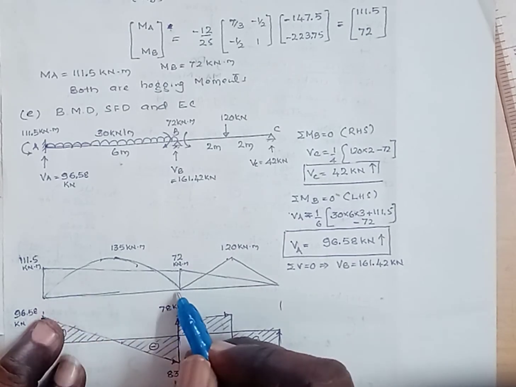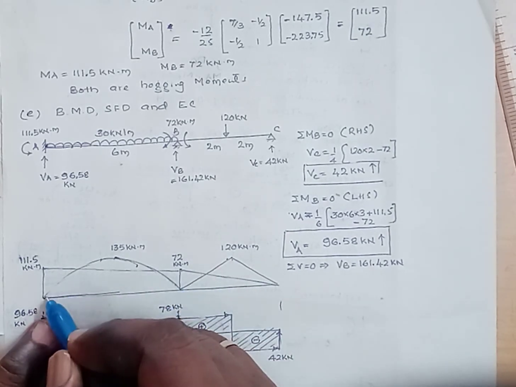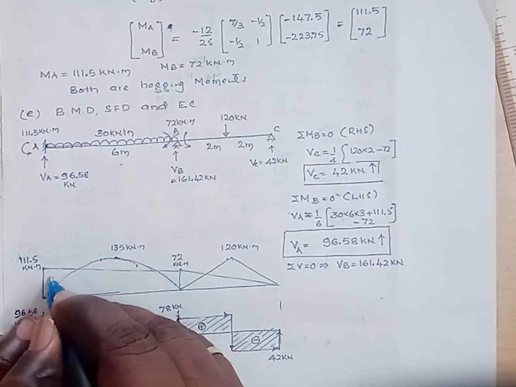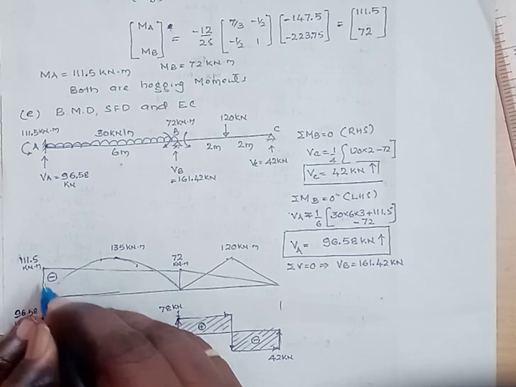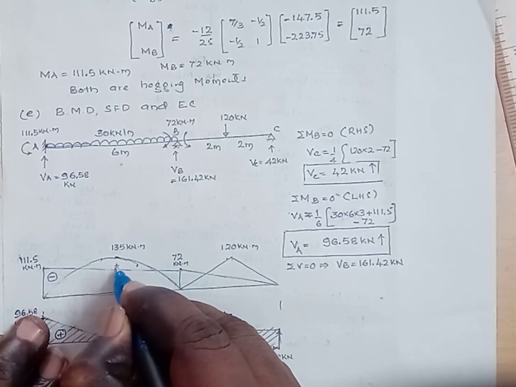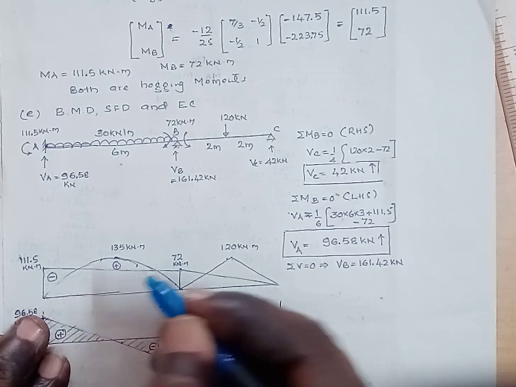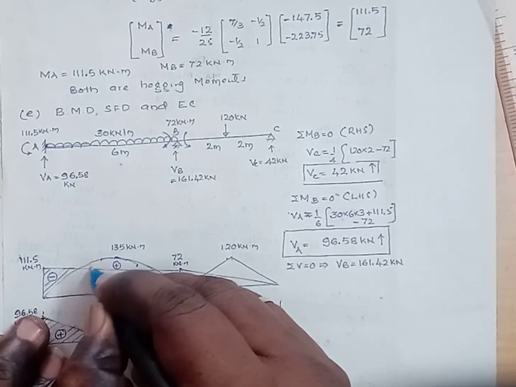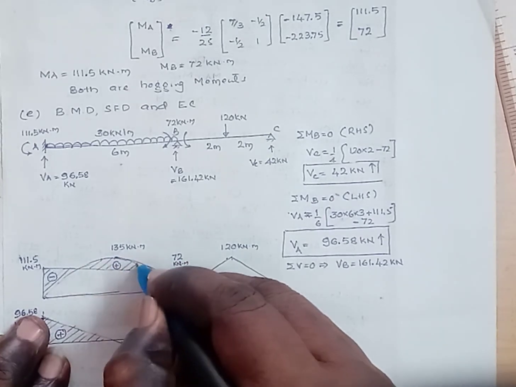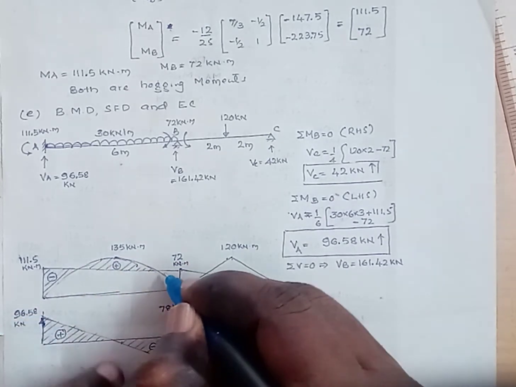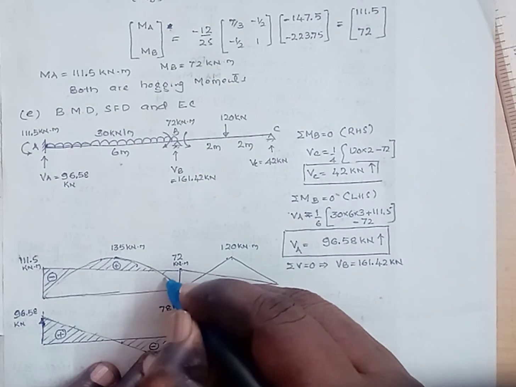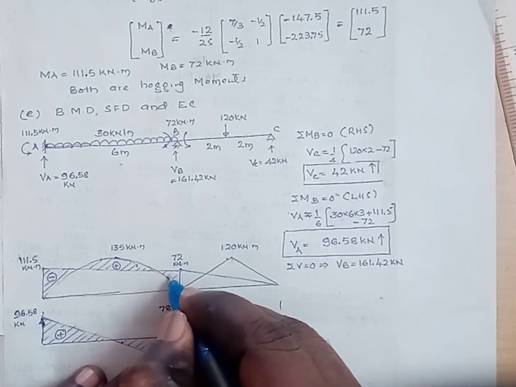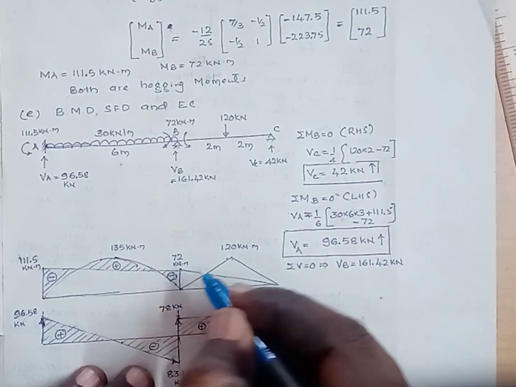At the support the bending moment is 0 and the variation is curved like this. Near the support, the bending moment is negative, and at the center the bending moment is positive. Here we have shown it by the shaded portion. At the center the bending moment is maximum, and at the support again there is a hogging moment in this portion.